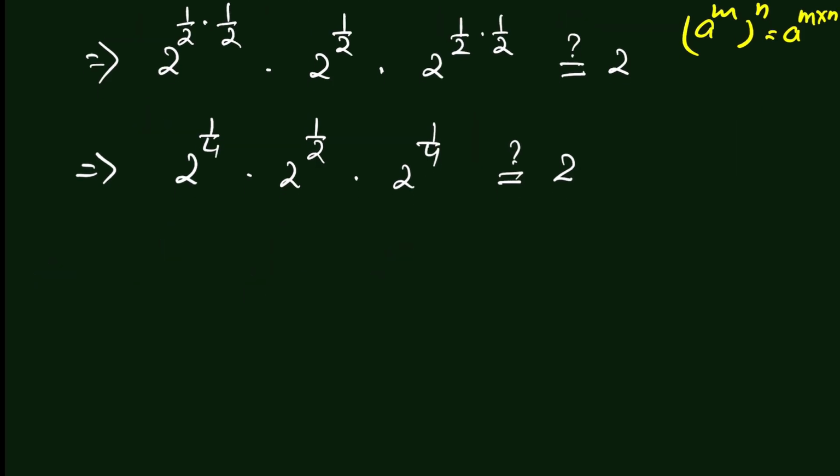There is an identity. When a raised to the power m times a raised to the power n, it is equal to a raised to the power m plus n. Therefore, we will add the exponents here. So 2 raised to the power 1 upon 4 plus 1 upon 2 plus 1 upon 4,